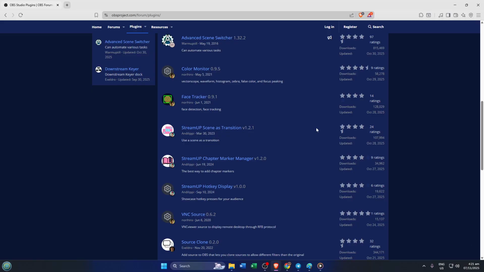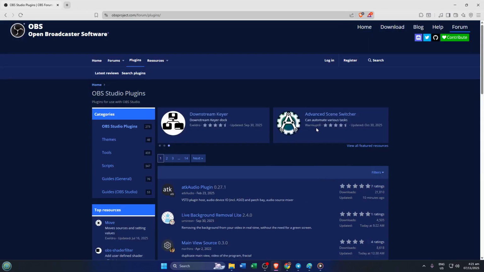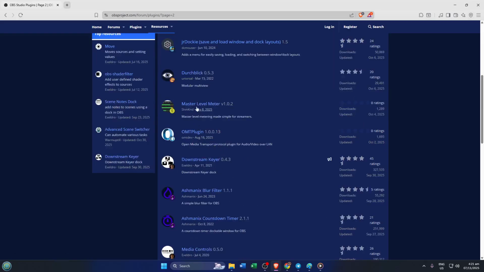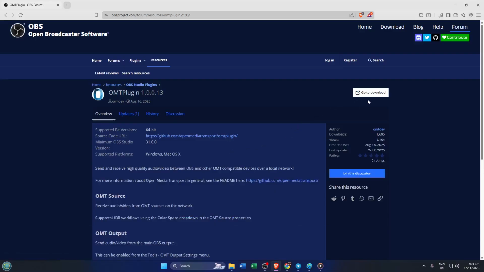Next, once you've found a plugin you want, look over to the right side of the page. There should be a button called Go Download, sometimes labeled slightly differently depending on the plugin. Click that, and the download should start almost right away. If you're prompted to choose a location to save the file, I suggest using a folder you can find easily, like your Downloads folder. After your file downloads, which might take a minute depending on your internet speed, find it